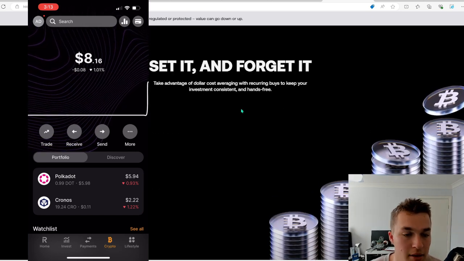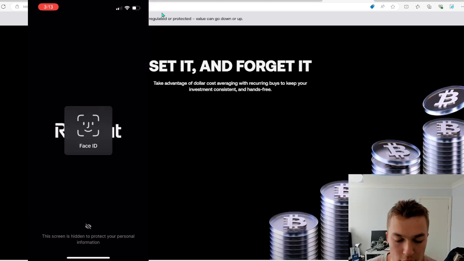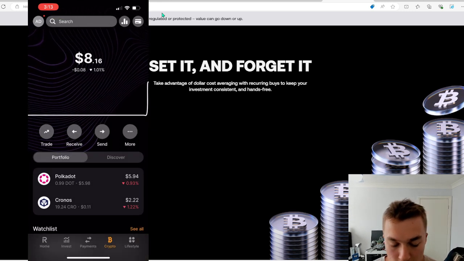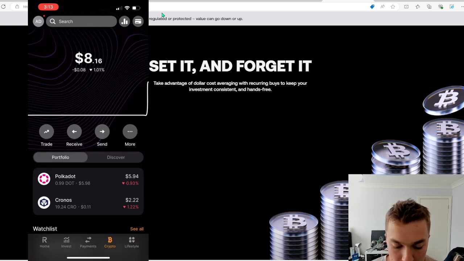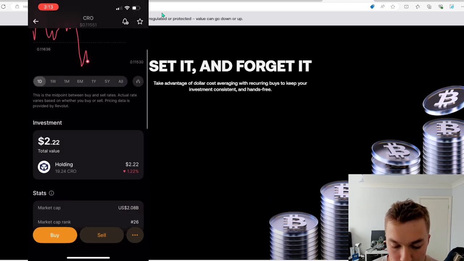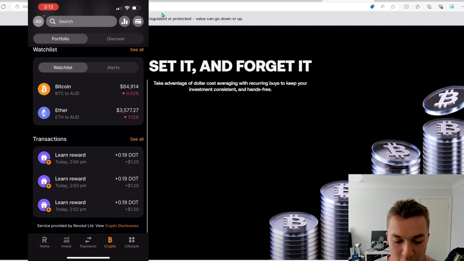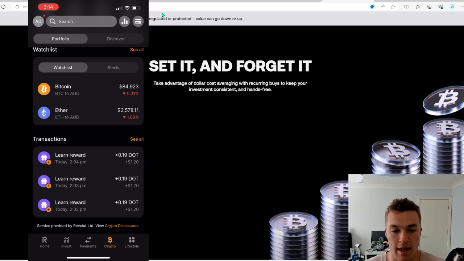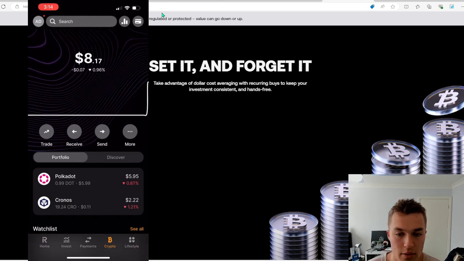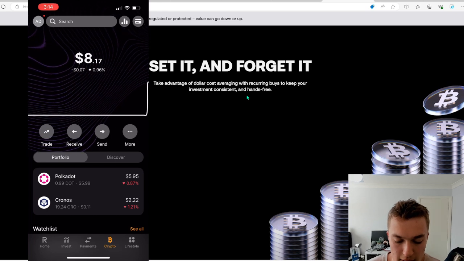It's pretty straightforward. And if we have a look at this on the app, right here we are on the crypto side of things. Now you can see I do have a little bit of crypto, but that is just because, have a look, where does it say where I bought? There we go. If we go down to the description, you can see I just did some learn rewards. So pretty well read a few articles, and they gave me some free crypto. So not going to complain, right? Just did it, $8, whatever. But it is pretty straightforward.